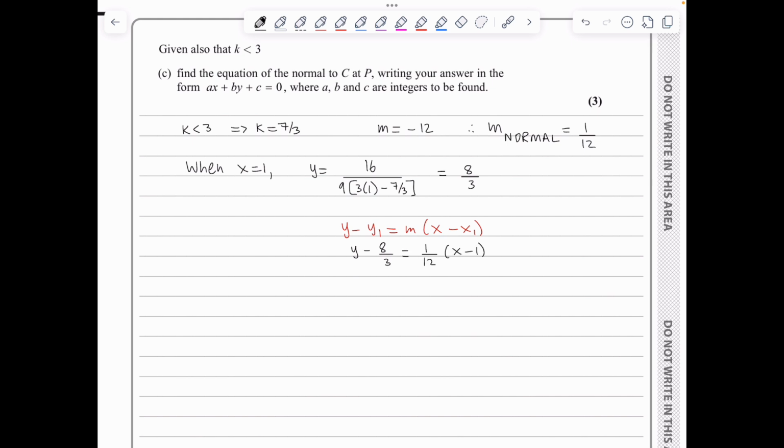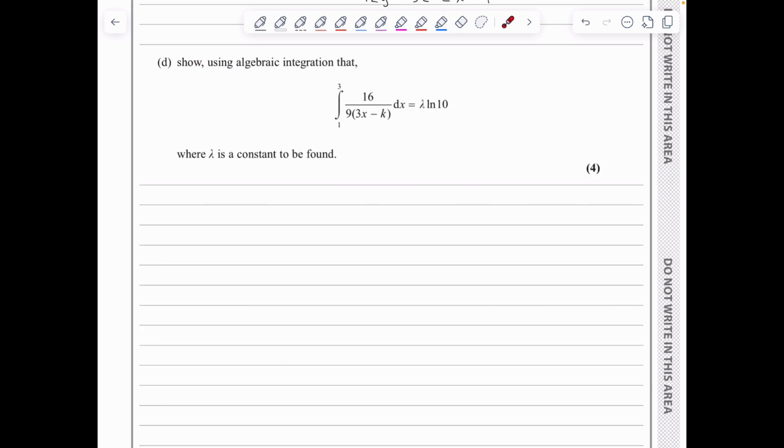I will cross multiply with 12 to get 12 times (y - 8/3) = x - 1. And if we expand the brackets on the left hand side, we get 12y - 32 = x - 1. I will collect everything on the left hand side to give me 12y - x - 31 = 0. In part D, we need to use algebraic integration to show that this integral gives me